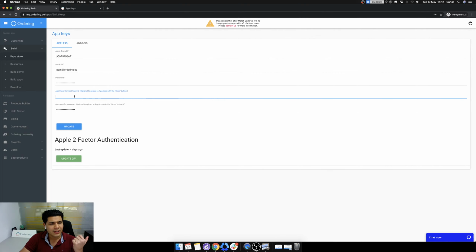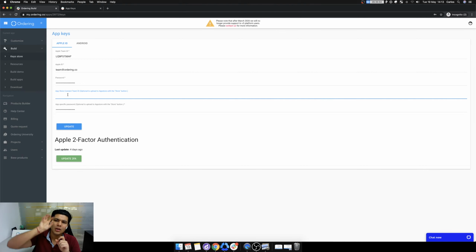Also here we have a new field which is the App Store Connect team ID. What does it mean? If the account that you are using to load an app is an administrator, which means it's not the main one, this lets Apple know that this is the account that you will work with.